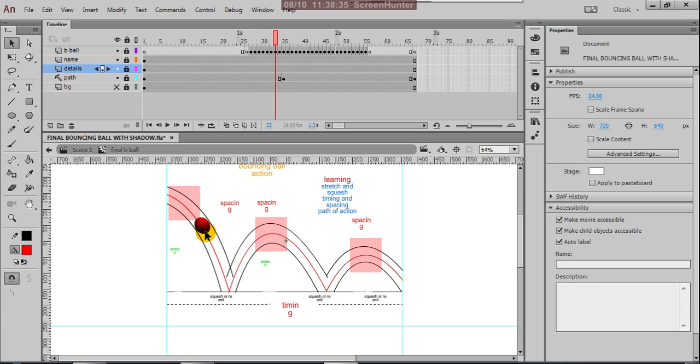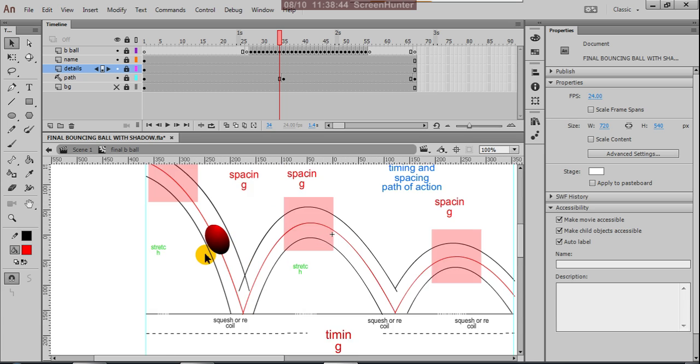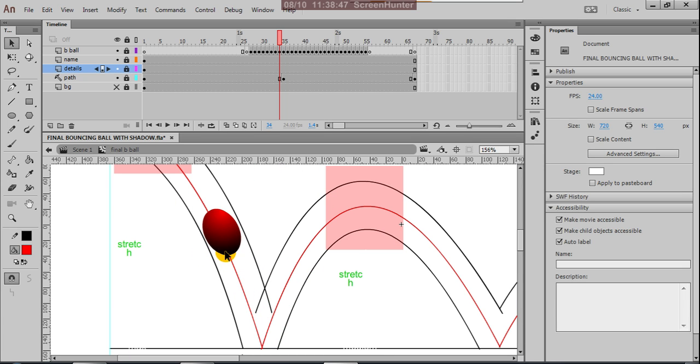Somewhere here, when the ball is stretching, it is not touching both side black lines, because the ball is stretching backwards and forward, front and back. So it is stretching a bit front and back, and top and bottom it's losing some space. When you press a rubber balloon top and bottom, what will happen?